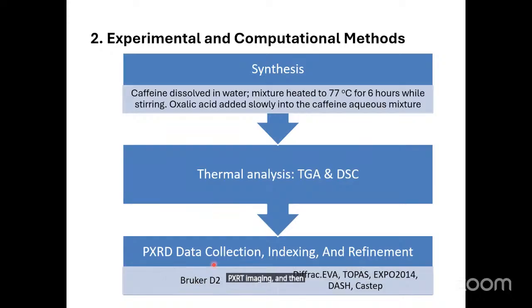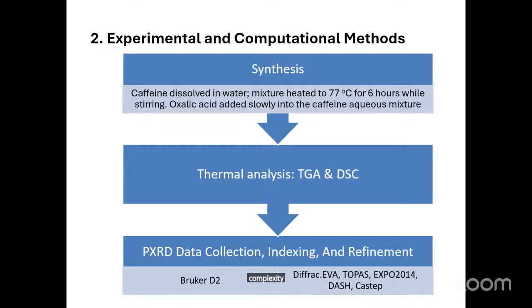And then you collect your more robust scan once you've confirmed that. And then you can use any of these tools to do structure solution. So you can use TOPAS, EVA, or EXPO, and DASH. I pretty much use all of them because they offer different levels of